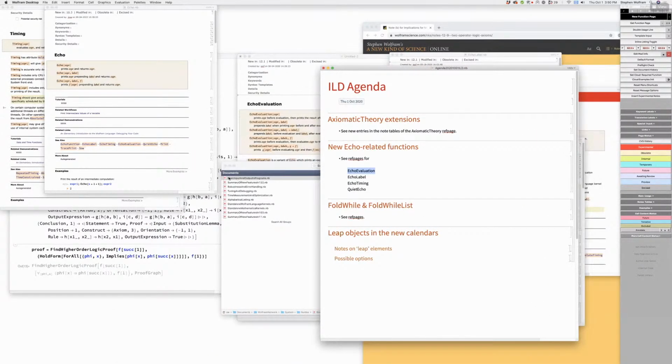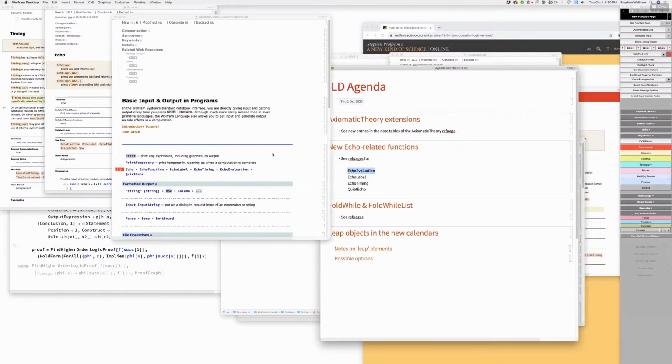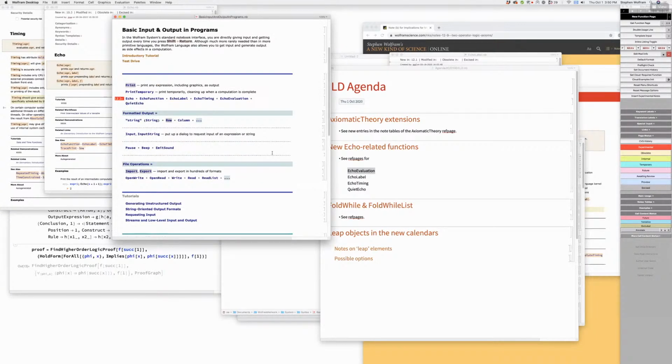Okay. I want to come back to this page. You know what? I don't like this. Let's actually write why we're doing this here.